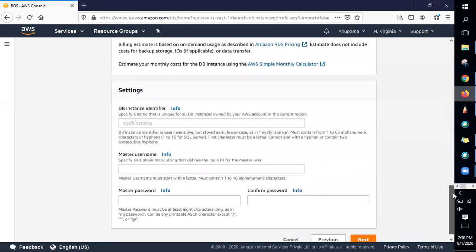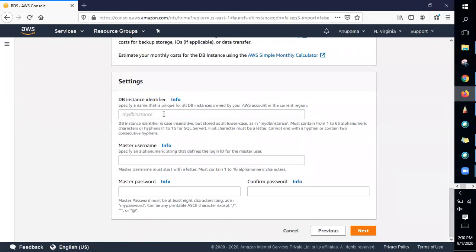And in the settings, you would be giving more details about your database engine, like what is the name of my database engine, and you need to give a username and password, because in order to connect to your database engine, these are required. So I'm just giving password as password and the master name as root. And next.